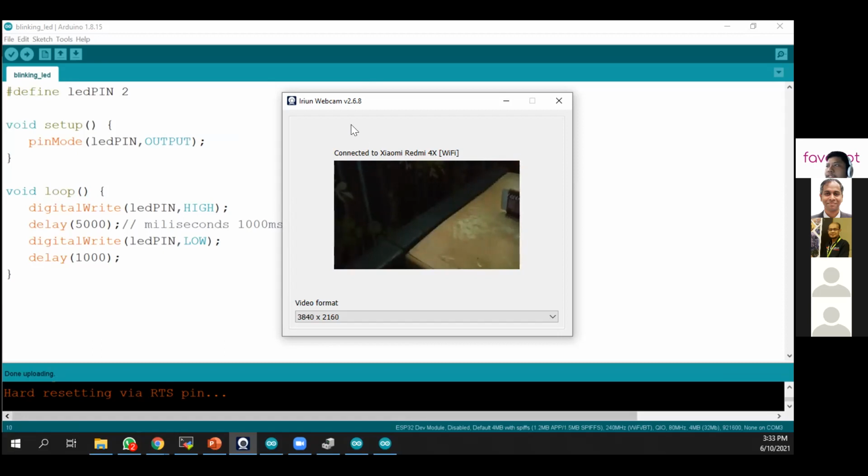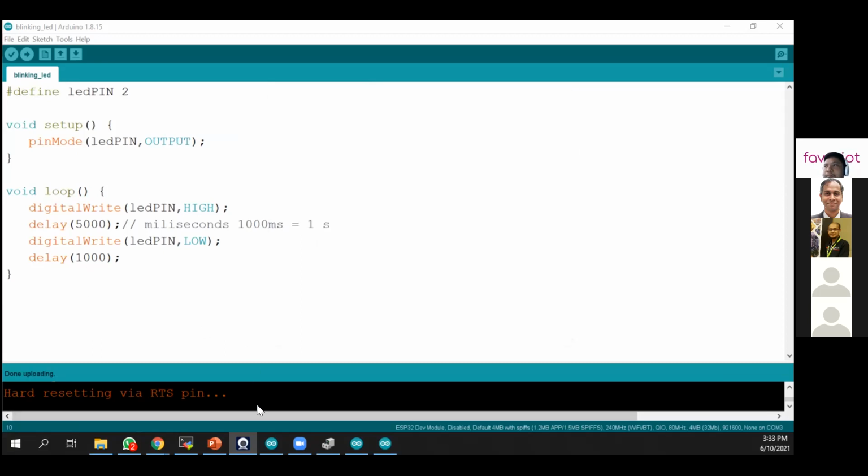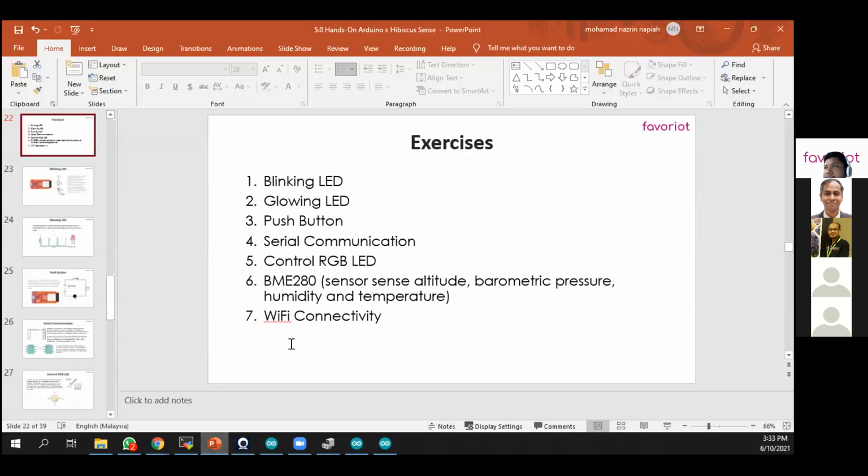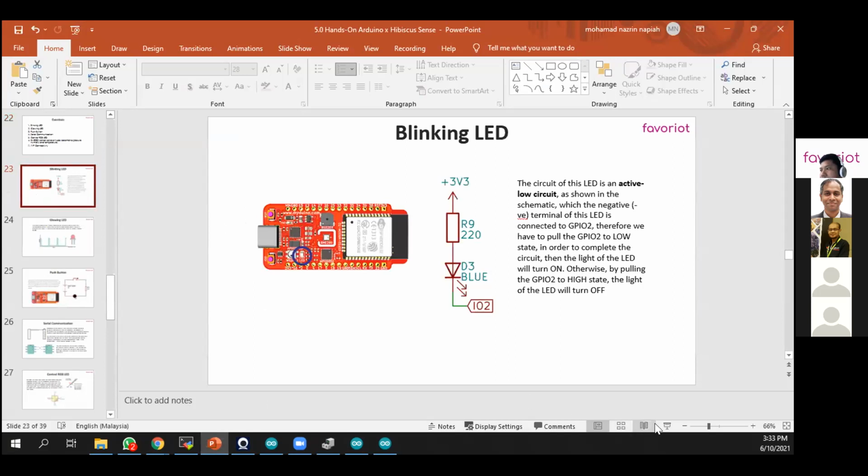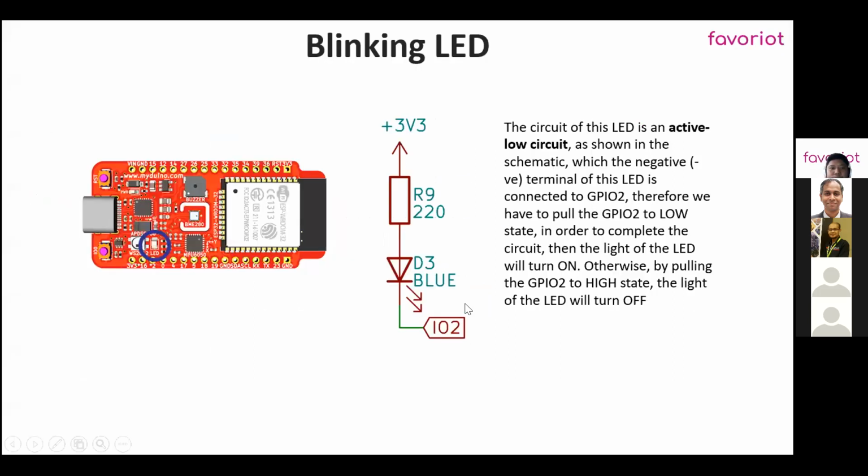So what happened to this code actually? Kenapa dia terbalik? Basically dia terbalik lah. We can refer to the slide. Okay, for Hibiscus Sense, the circuit is in active low circuit. Active low circuit means maksudnya the circuit only complete when we set